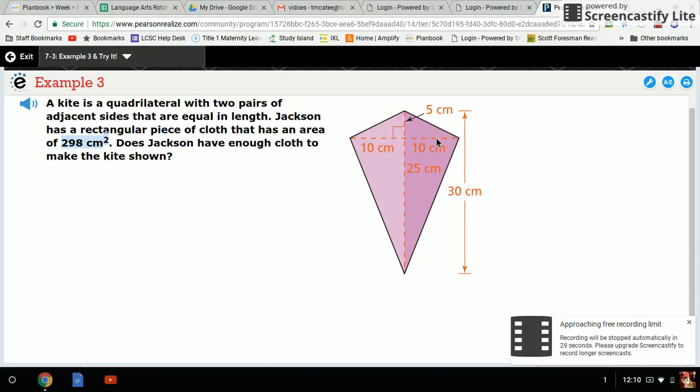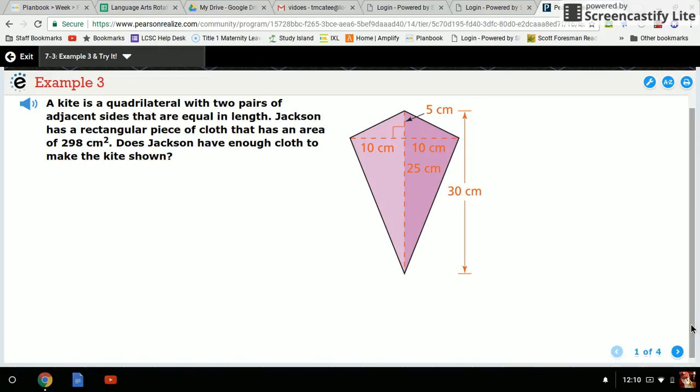Notice that they took and dissected this kite into 3 different sections, and I'm going to run out of time here. I want you to see if you can find the area of this kite and go on to the next